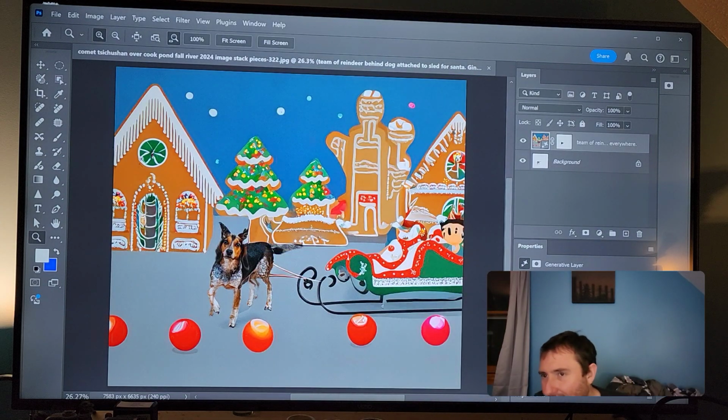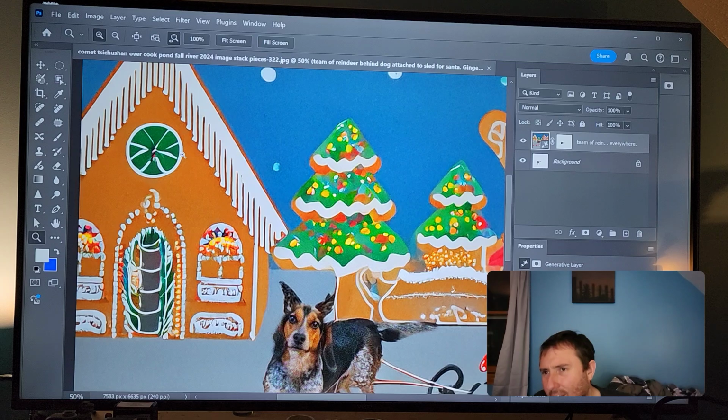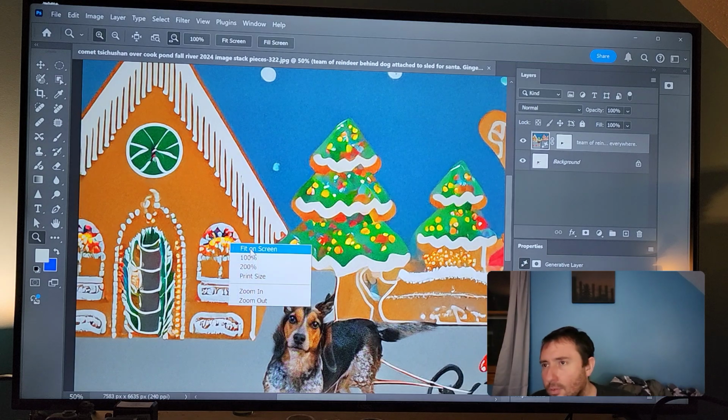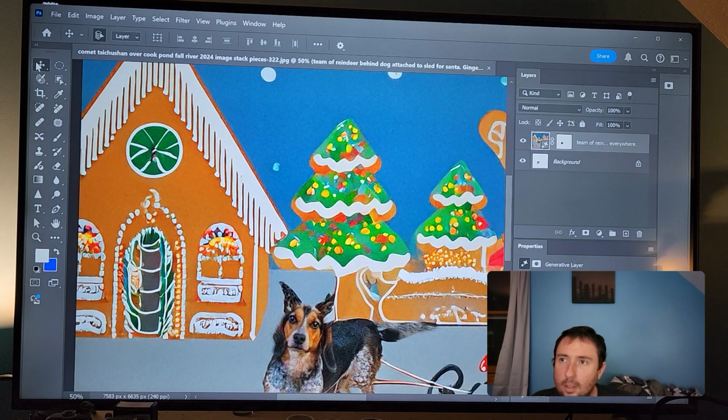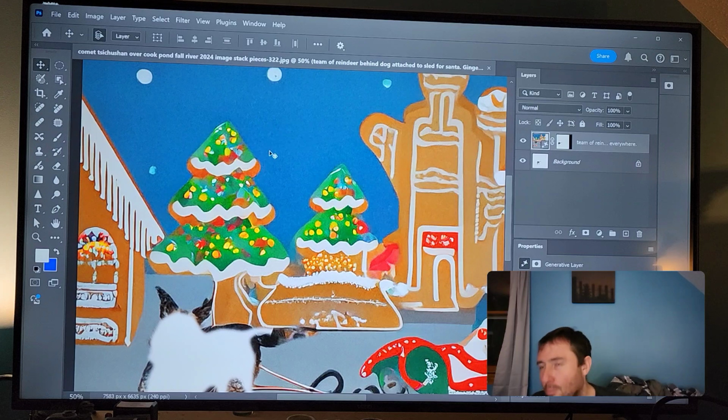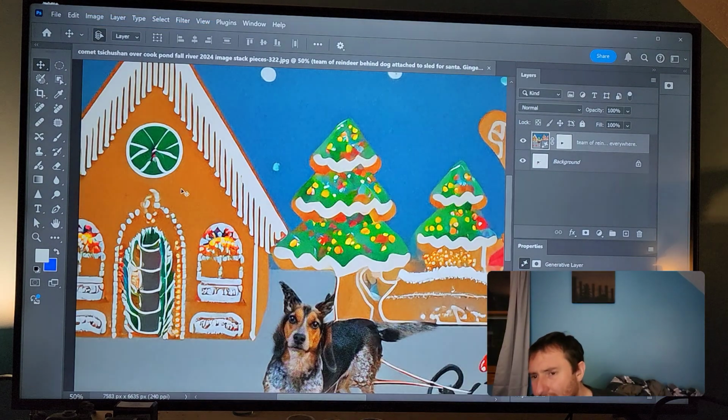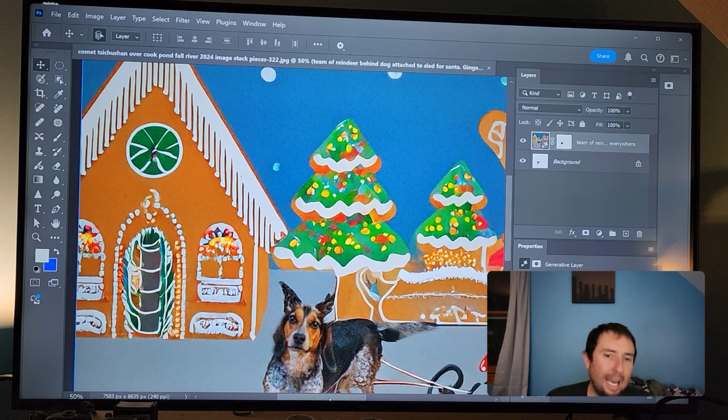Then you got stained glass gingerbread candy cookie windows, which I didn't ask for, but are really cool. And then for some reason they got real fancy about the interiors or the outside covers of these windows. It looks like there's something really awesome going on inside, or they were like, we gotta make these windows look crisp. Let's see if I can move this thing without pissing off the program. No, they moved the dog again. Do I have the dog selected? Oh, because it's having me move the actual image. Well, that's sad. Here we go.